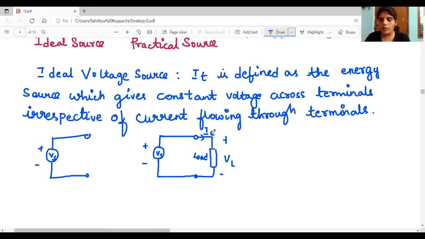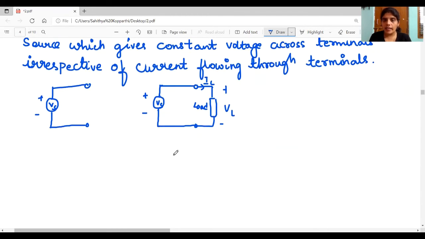So the definition means whatever the magnitude of current, let the current be 1 ampere, 2 amperes or 3 amperes, the load voltage is always equal to Vs. The current will have no effect on the source voltage. So to draw the characteristics between load voltage and load current,